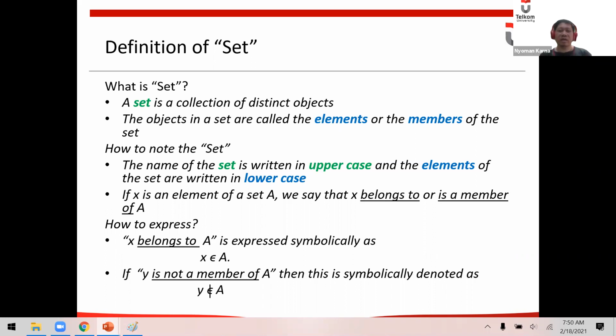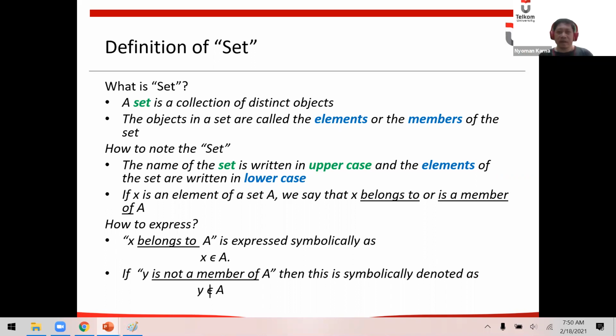However, we cannot distinguish between objects like chicken and bird because they have some similarities. For example, they have 2 legs and they both have wings, etc. So that's why a set is a collection of distinct objects, which means we can easily distinguish between one object and another, for example number 1 and number 2.